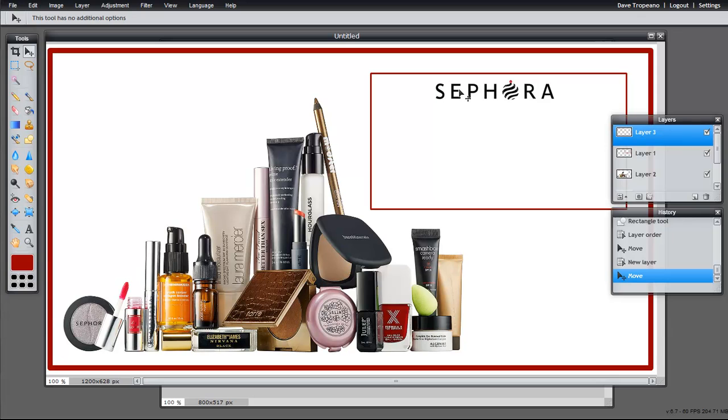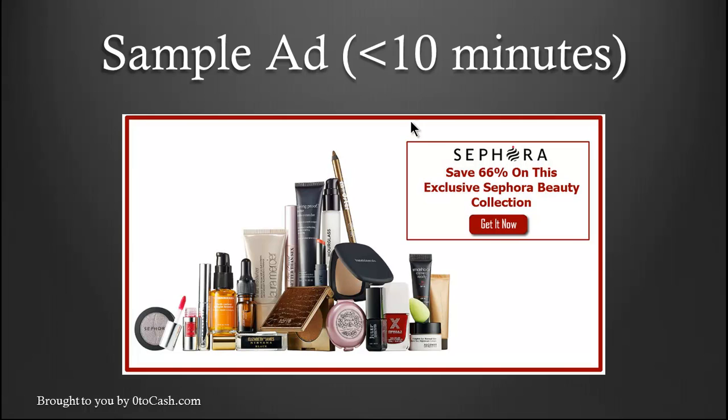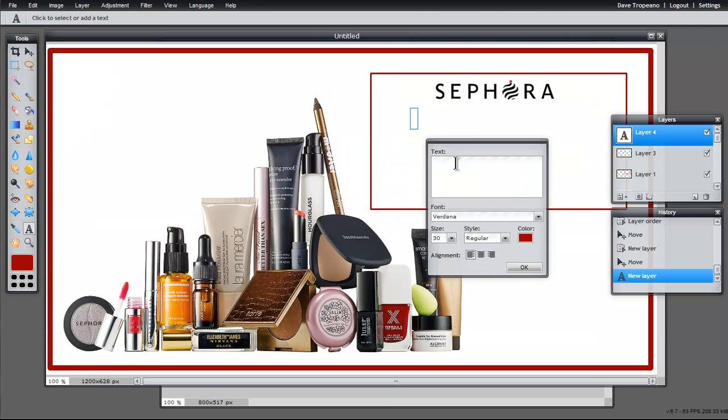All right, so now let's add our text. I'm going to select the A tool, which is the text tool, and now I'm going to figure out where I'm going to put my text. And what did we say? What did we use? Save 66% on this exclusive Sephora beauty collection. So that's good. Save 66% on this